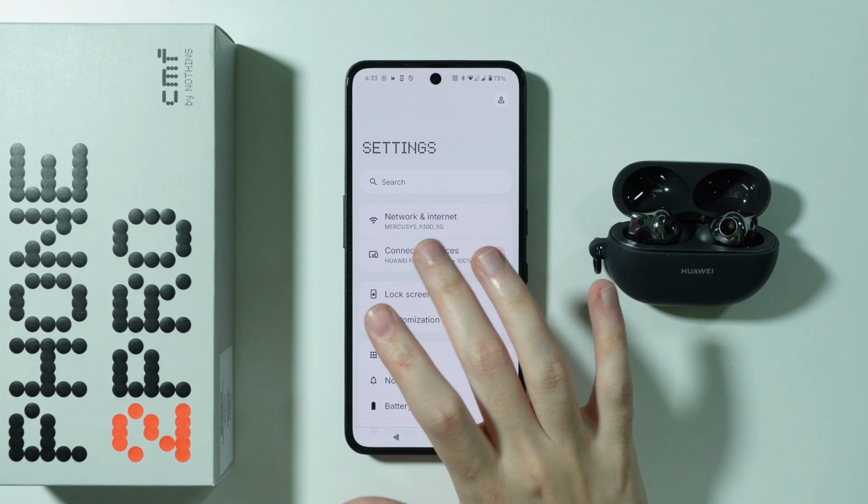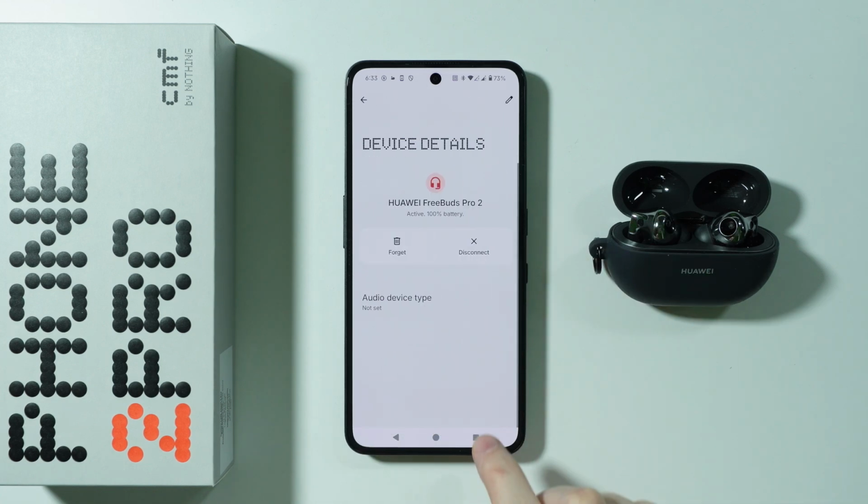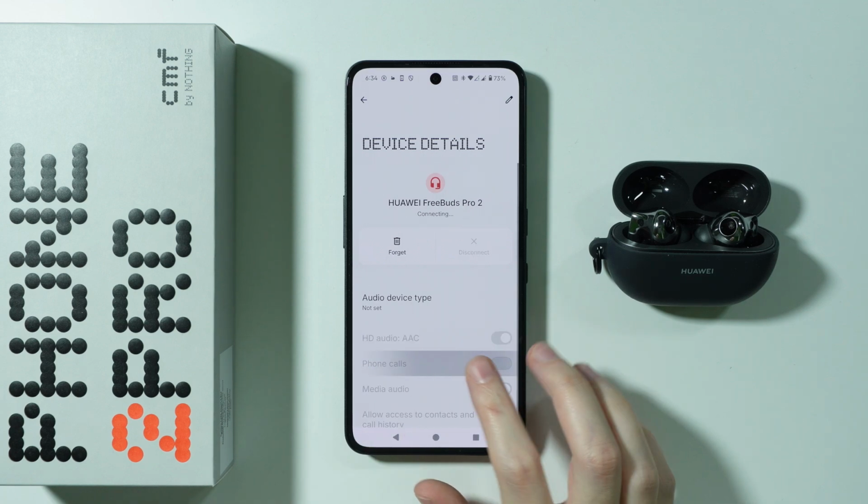Let me show you how we can fix the issue with the missing LDAC option in the Bluetooth device settings on CMF Phone 2 Pro. So if you connected your Bluetooth device to your phone,